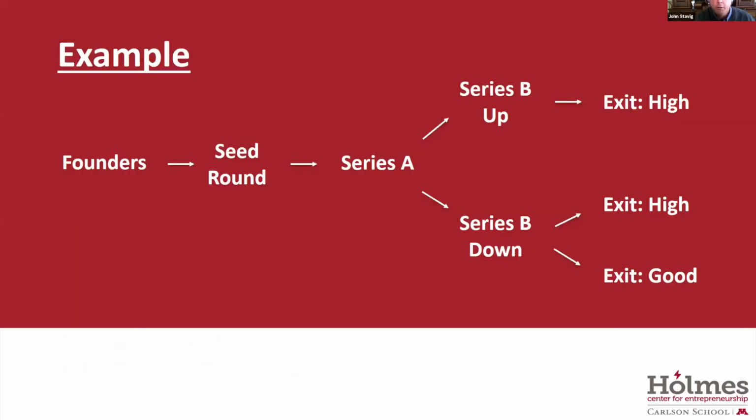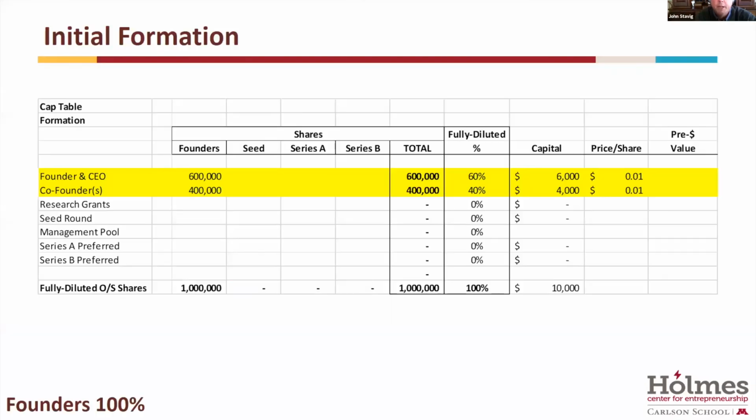A couple of good resources on all these topics. So I'll walk through briefly an example of a small group of founders pooling together, what the initial cap table looks like, and step through raising an initial $500,000 seed round, about a $3 million Series A, and then a couple of different scenarios in terms of fundraising after that, just to give you a high level feel. Obviously, there's a lot more detail, and I think the examples the investors will go through will share some of the more complexity, both at the early stages and as you go through. But these will highlight a couple of the major terms.